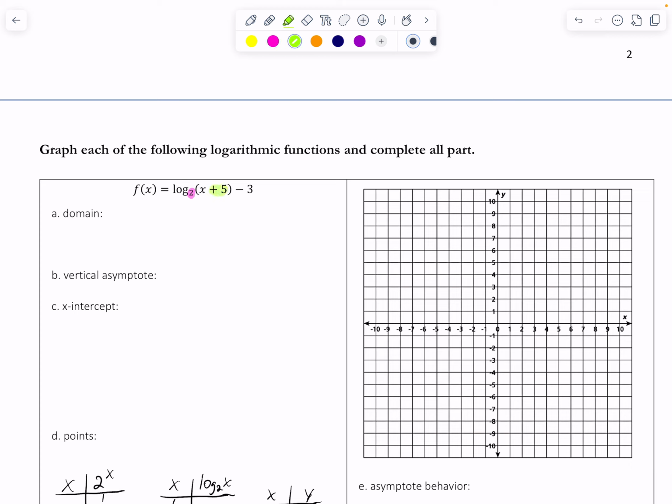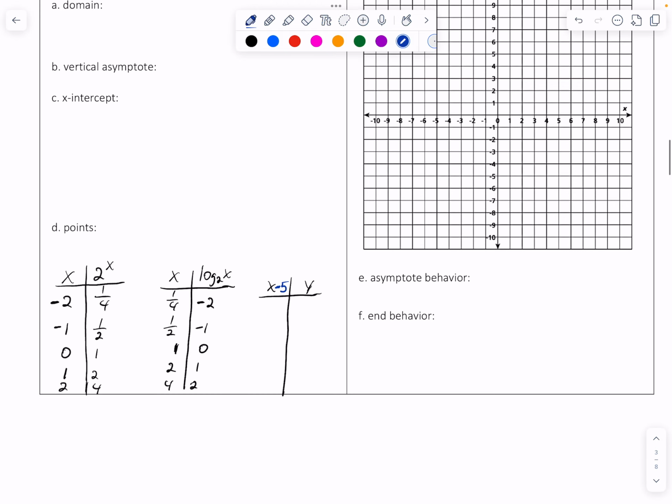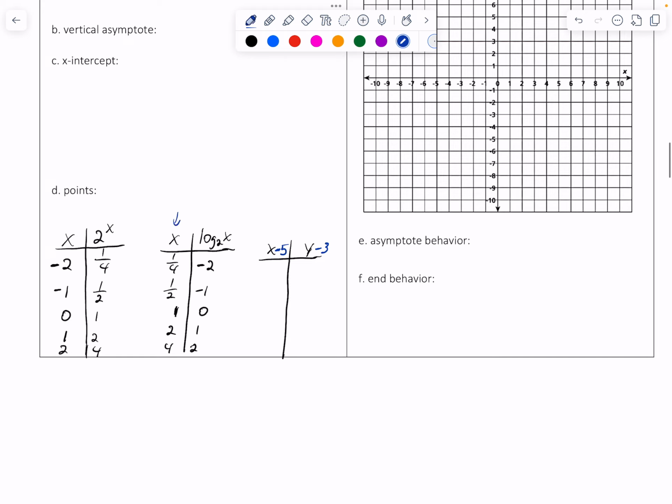Inside, so that's going to be 5 units to the left, and then I have -3 outside, which will be 3 units down. So I'm going to write x, let's use navy blue, -5, and then y -3. And what you do is you get that from these x's and these y's. Okay, but it's important to start with the exponential, move to the inverse, and then finally do the transformations from